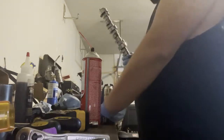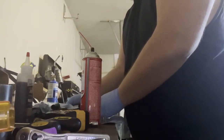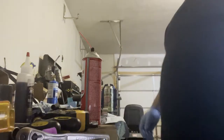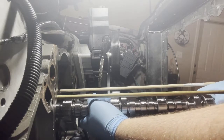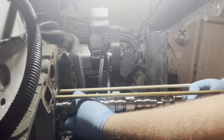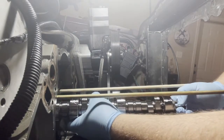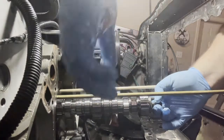Now, set that bad boy down for a second. And yeah, I'm gonna set you guys up over here and start lubing her up. It's actually going in better than the old one came out. I don't know if I should be worried or...